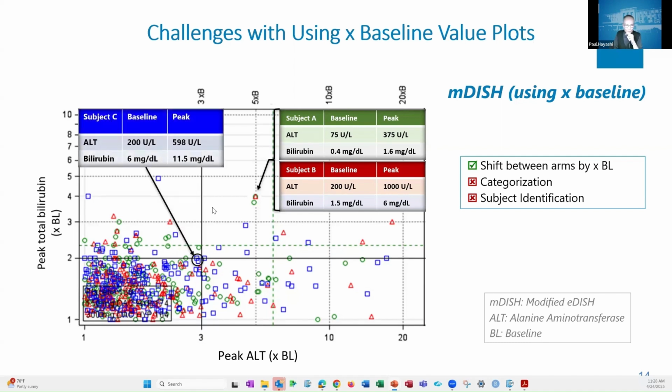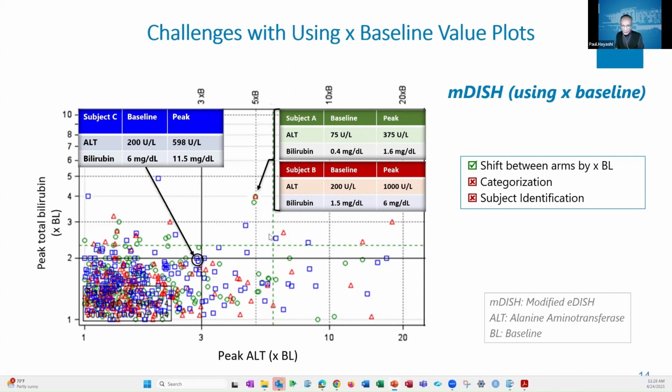I'll give you one more example. Arguably the sickest patient started with these numbers, so typical of an alcoholic hepatitis trial. And this is their movement, went up nearly 2-fold, or 3-fold, excuse me, and then nearly 3-fold here. Yet they plot down in this, what I used to call the quadrant of no concern down here. And yet here they are, and they are sicker probably than either subject A or B.